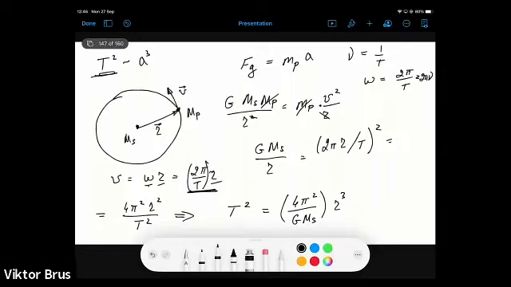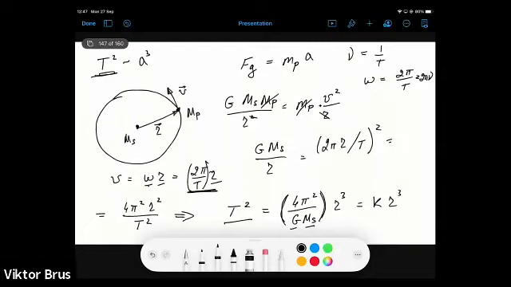So we see that in the parentheses we have just a constant, 4 pi squared is a constant, g is the universal gravitational constant, and mass of the sun is also a constant. So if we consider this constant, let's name it some k, times r cubed. So we see that t